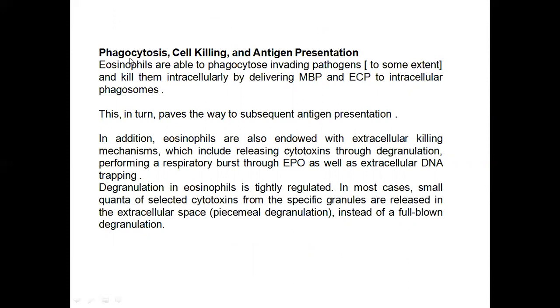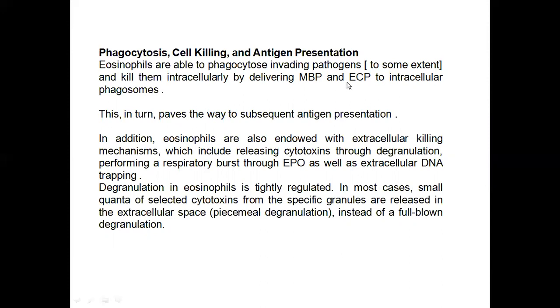they would do phagocytosis, cell killing, and antigen presentation at the same time. All these are different functions that the eosinophil is doing. Eosinophils are able to phagocytose invading pathogens to some extent. The neutrophils are very actively doing that particular job, but eosinophils also can do that job. You can say that they are not very actively doing that job. They are able to do phagocytosis of antigens and degradation of antigens, but to a certain extent,